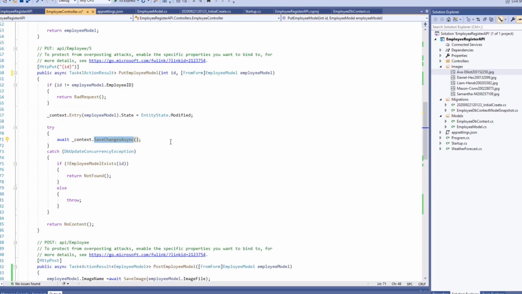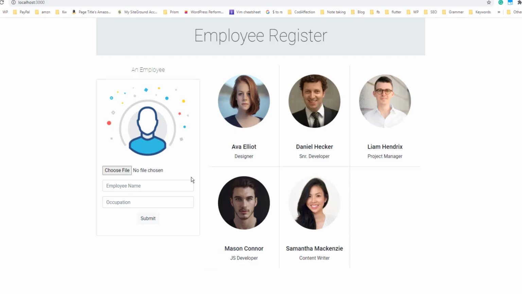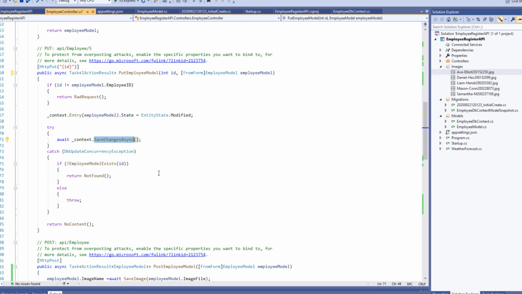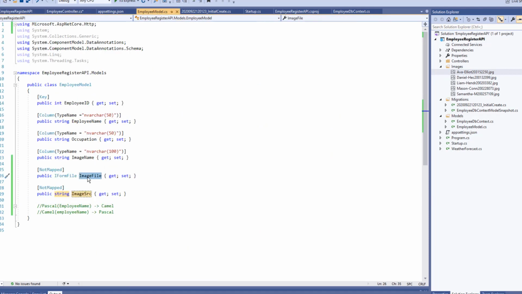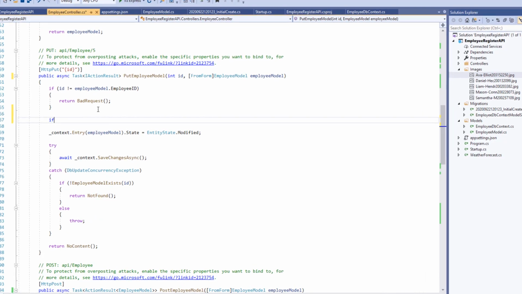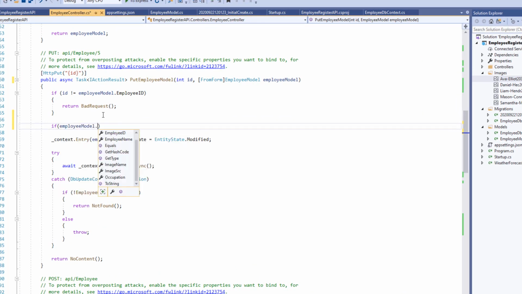If they are same, the state of the object will be set as modified. We have some extra works to do since there is a file uploader inside the form. There will be two cases based on whether we have changed previously uploaded image or not. We can check that by using this property inside our model, ImageFile. If this property is not null, we can say there is a new image selected for replacing previously uploaded image. So we have to handle that situation inside this PUT web method here. So here is the if clause, employeeModel.ImageFile, if it is not null,